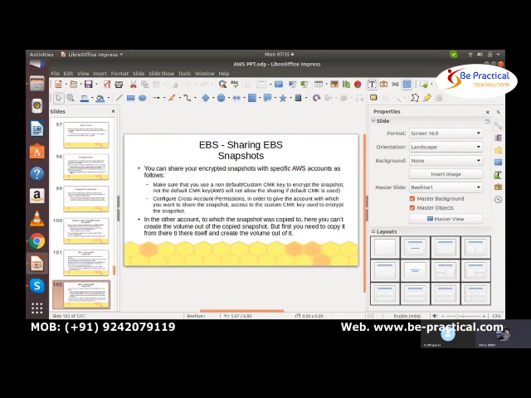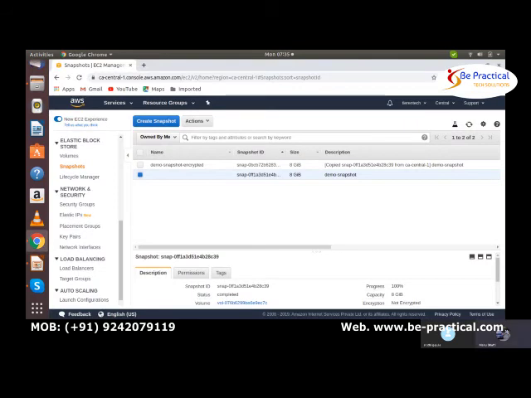Okay. So first thing is you will create one KMS key, and you are going to create a snapshot, of course, and after that you are going to the copy option and you will encrypt that snapshot with the created KMS key, and after that you will go to the permissions, modify permissions, and there you are going to select the AWS account.